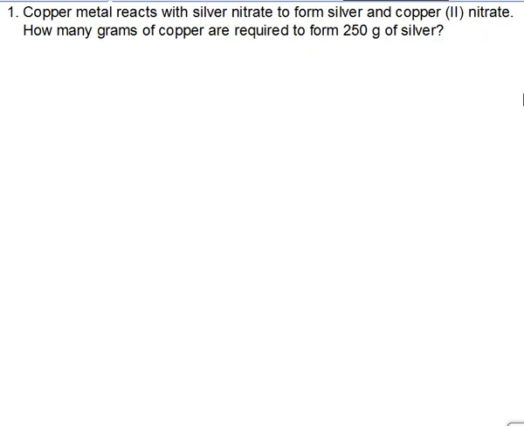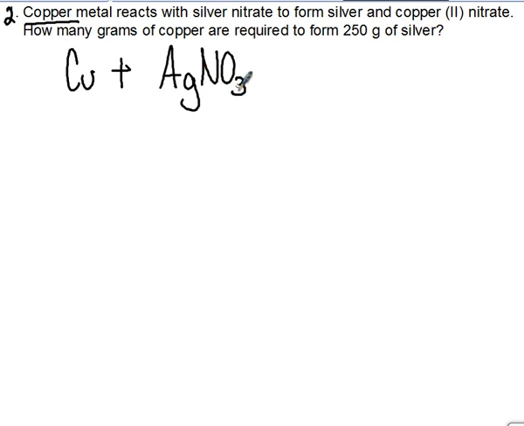Question 2 is very similar. It's asking us to find silver from copper. It tells us that copper reacts with, so I'm going to put Cu plus silver nitrate. Silver is a +1 ion. Nitrate, NO3, is a -1, so they combine in a 1-to-1 ratio to form